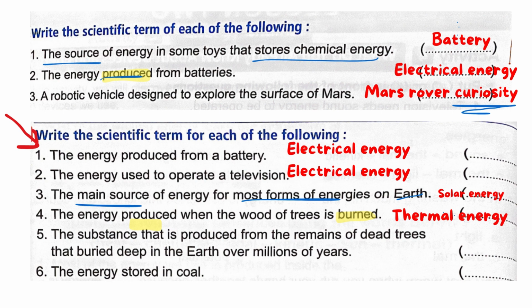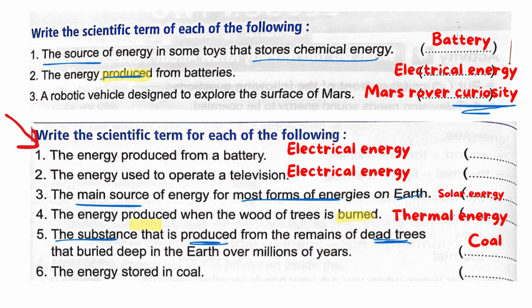Then we have the substance that is produced from the remains of dead trees. Do you remember the substance that is produced from the remains of the dead trees that were buried deep in the earth over millions of years? Yes, this substance is coal. And you know, coal stores chemical energy. Okay, we have here the last